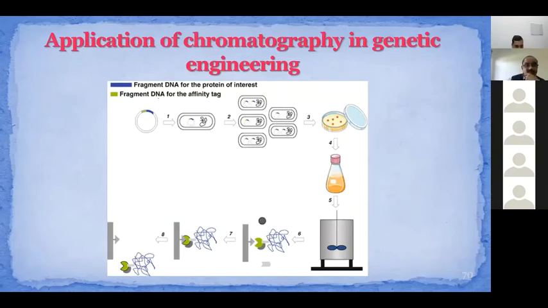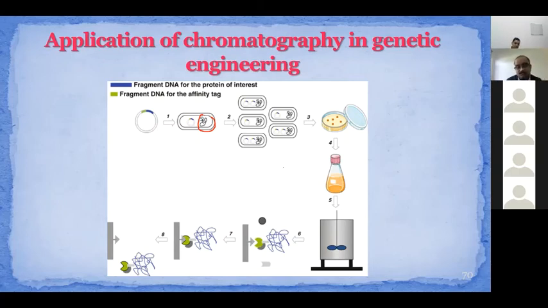First, the gene of interest is cloned in the vector and expressed in the host cell. Then this host cell is multiplied or cloned, and then the protein is recovered from these host cells. The basic problem with this technique is the separation or purification of the protein of interest from the plethora of different protein molecules present within the host cell.